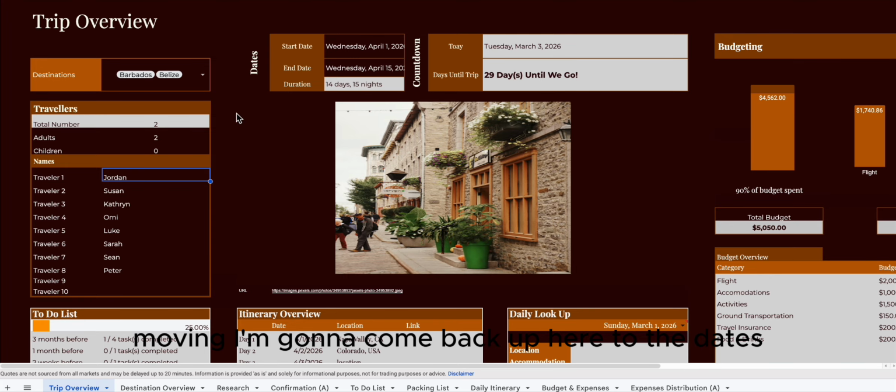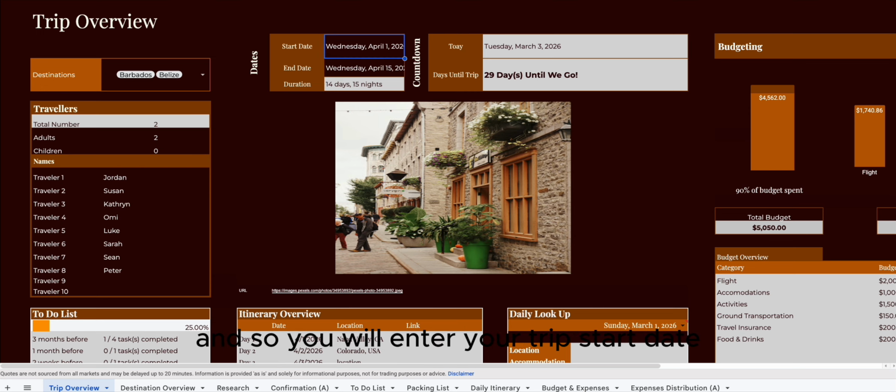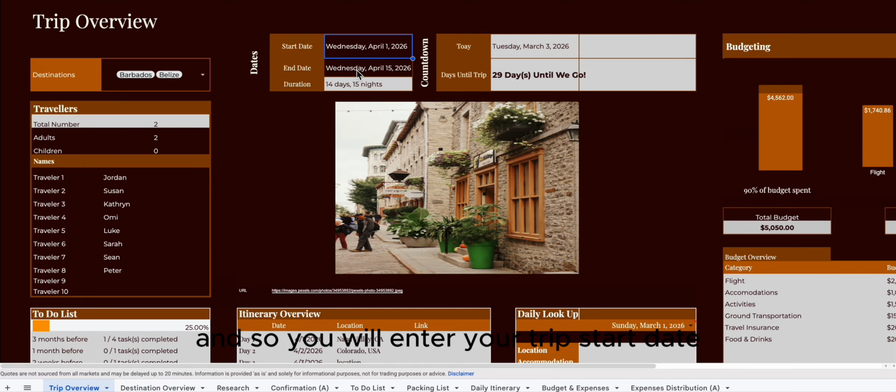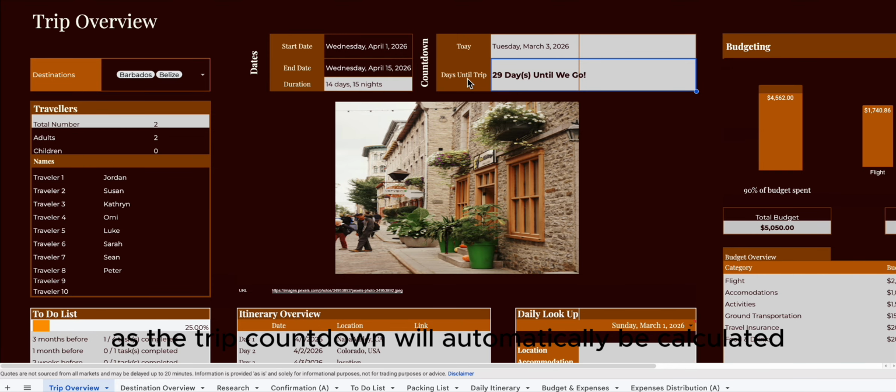I'm going to come back up here to the dates. I apologize for jumping around, but the last thing that you're going to enter into this overview is going to be your dates. So you will enter your trip start date, your trip end date. And from there, the duration will automatically calculate. Again, it's highlighted in gray, meaning it is an automatic calculation, as well as the trip countdown. It will automatically tell you how many days you have until you go